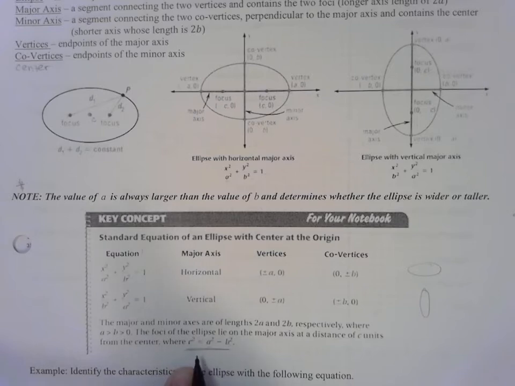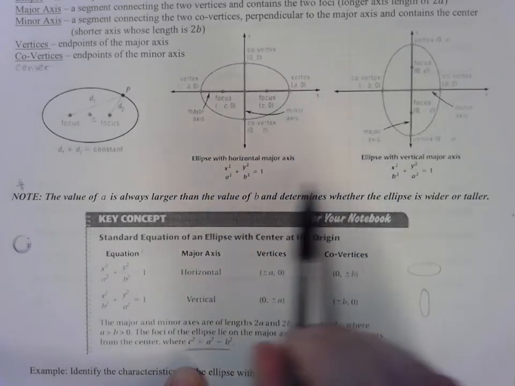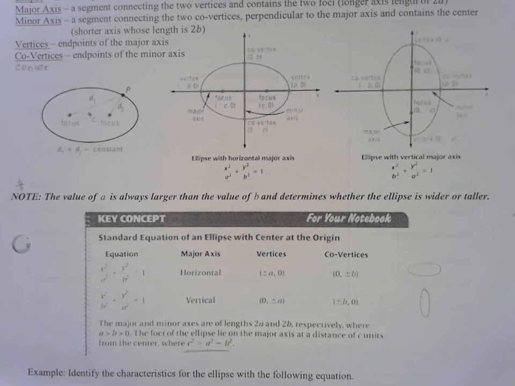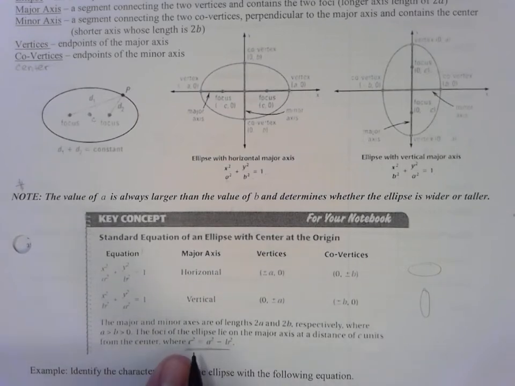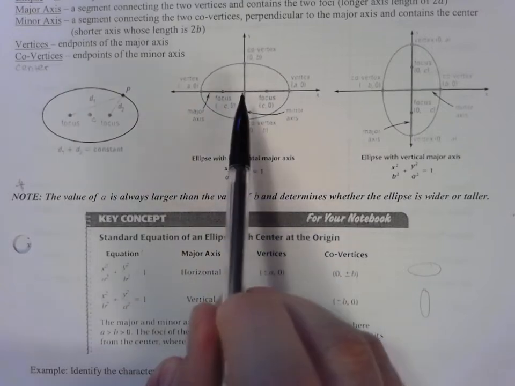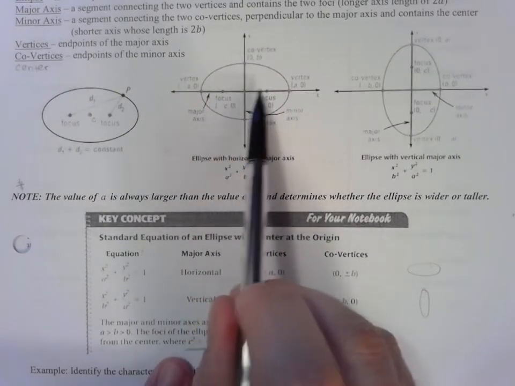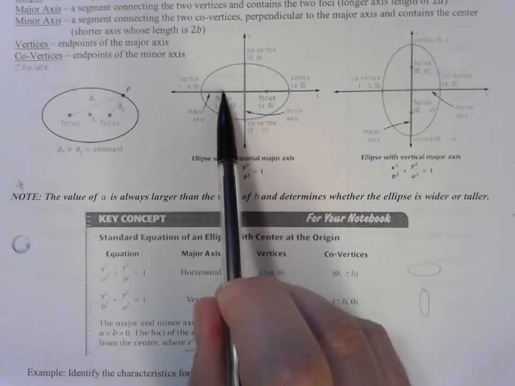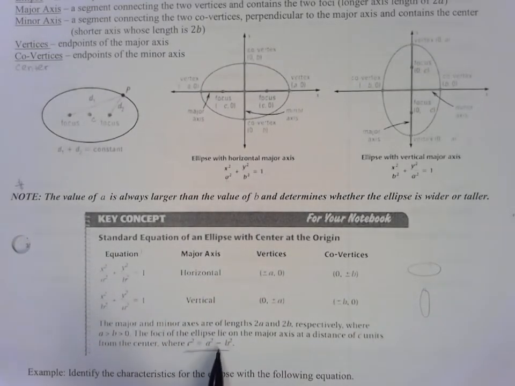So this is the one formula that will be used on either of these ellipses to find the location of your foci. Once you find the value of c by square rooting this, then if you have a wider ellipse, you just go c units to the right of your center and c units to the left of your center. What makes sense is that there is a minus here,